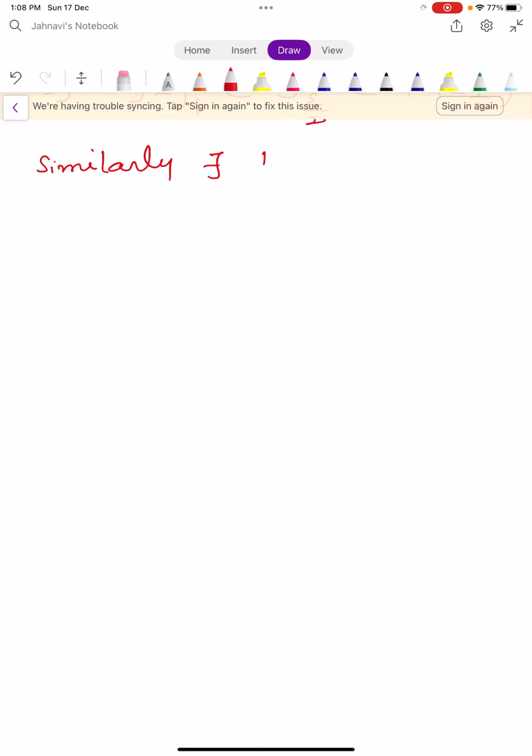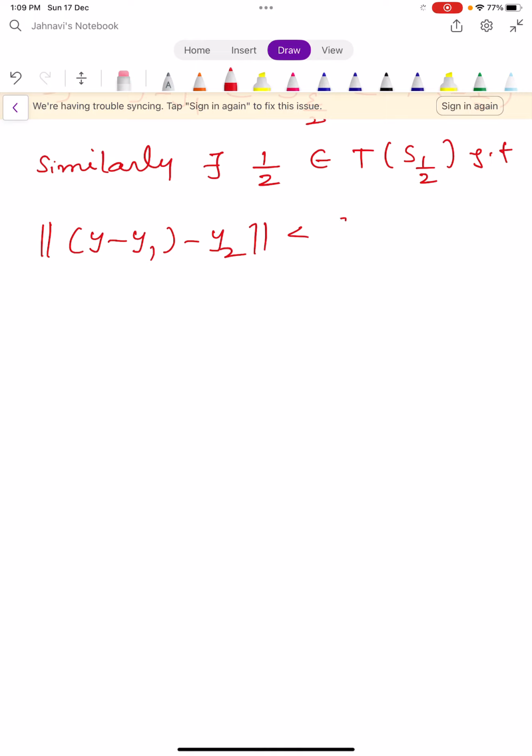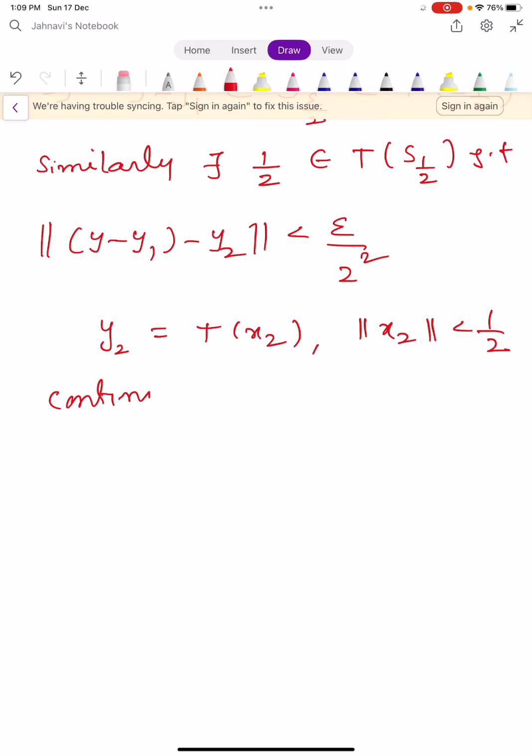Similarly, there exists y2 belongs to T of S1 by 2, satisfying the condition norm y minus y1 minus y2 is less than epsilon by 2 square, where y2 is equal to T of x2 with the property norm x2 is less than 1 by 2. By continuing this process, we obtain a sequence